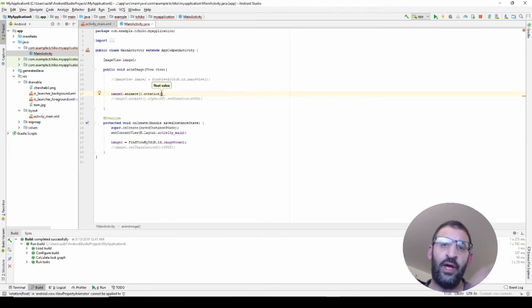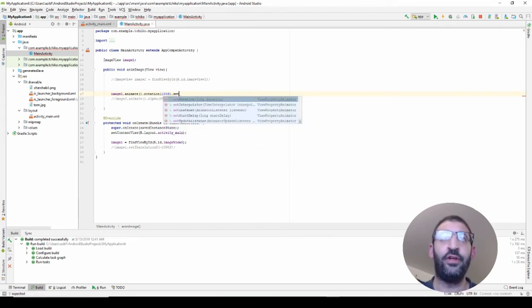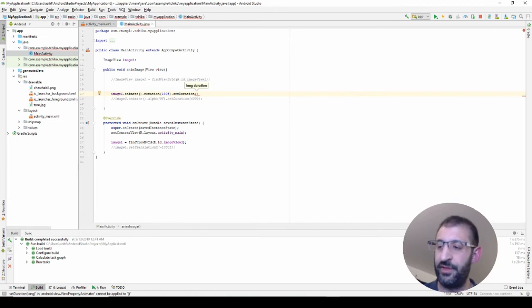Okay, I can increase it, no problem, but you will see, for example, if I make it to the middle, 118, don't forget to use the F for the float value. I will add the duration to very quick, for example, near 0.2 seconds. And now what I get,